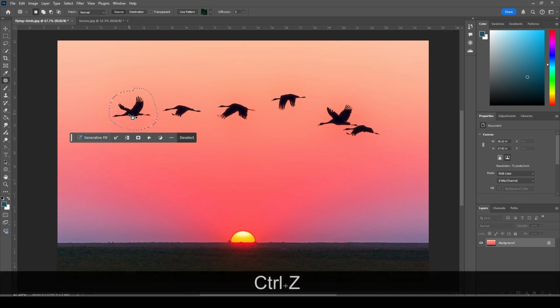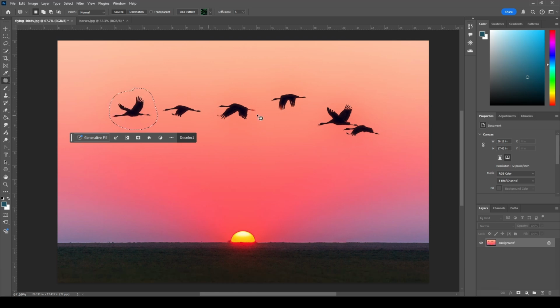You can actually replace this bird with another bird. So it's basically a patching operation where, if I move it like that, it takes this area and then uses that information to patch whatever I selected around this bird, right? So this is also an algorithm